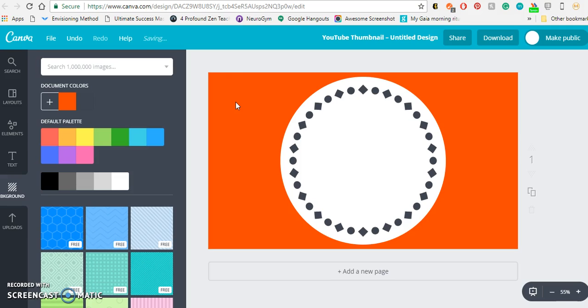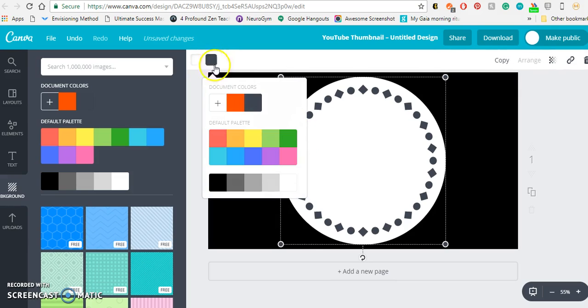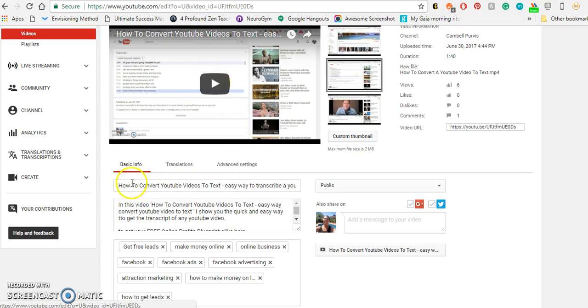I actually didn't want to do the background there, so we'll just go background black, we'll go to here and we click on this little bit here and we go orange and make those orange. It doesn't look like I can change the color of that square unfortunately, or the circle, but what we'll do is now I just basically go back here, we just copy the title, whoops,